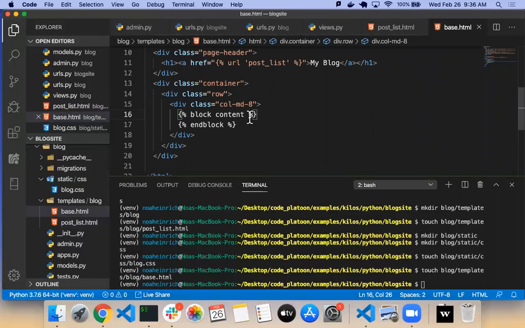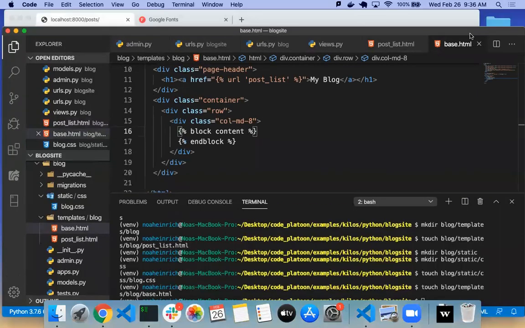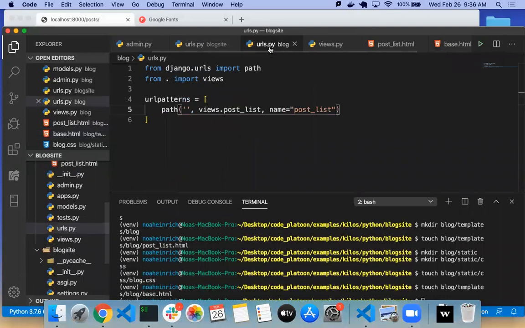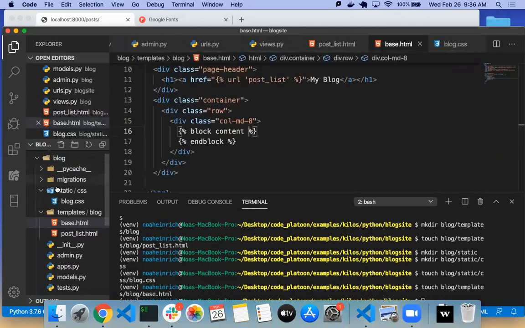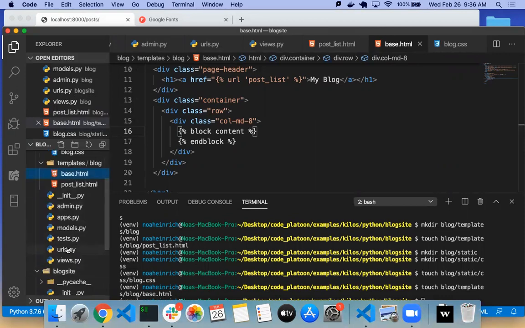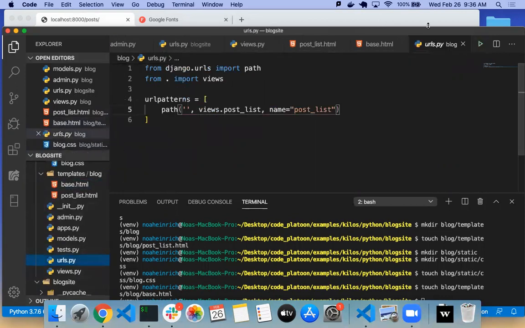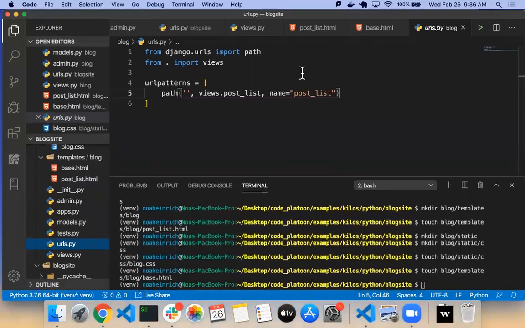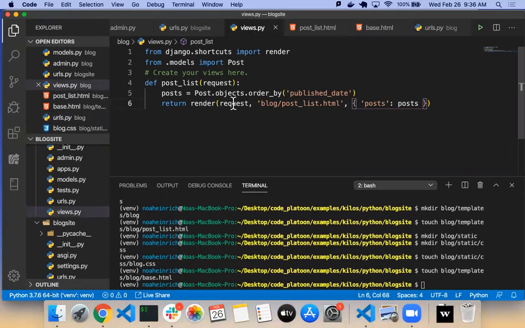Is it like linear? So that comes from, when we get to the other URLs, I know we were in the right one. Dang it. One sec. So our URLs file says go to post list. Post list says I want to render blog/postlist.html.